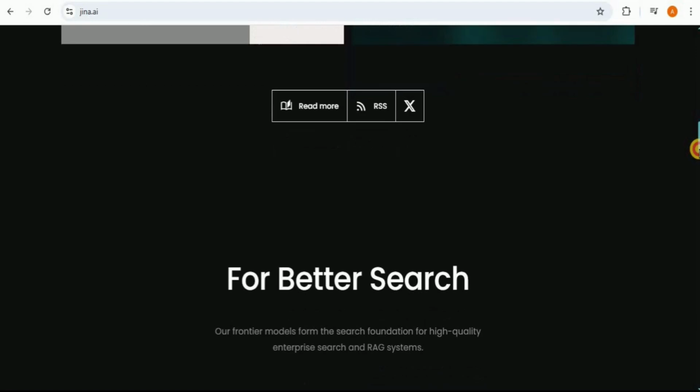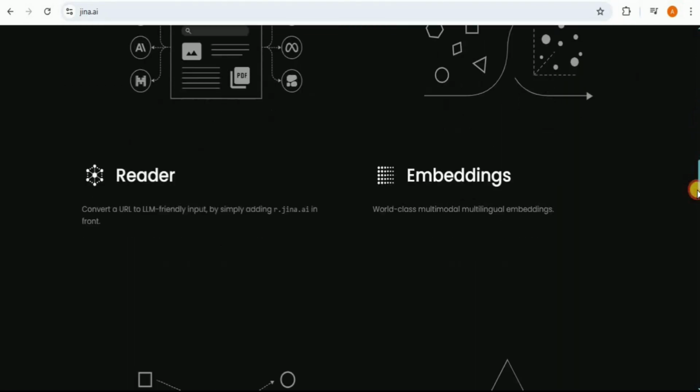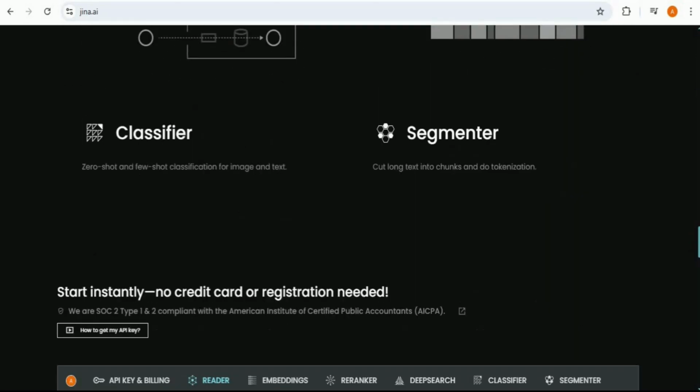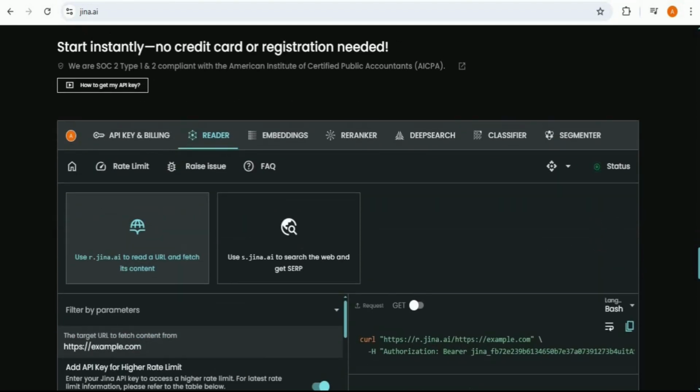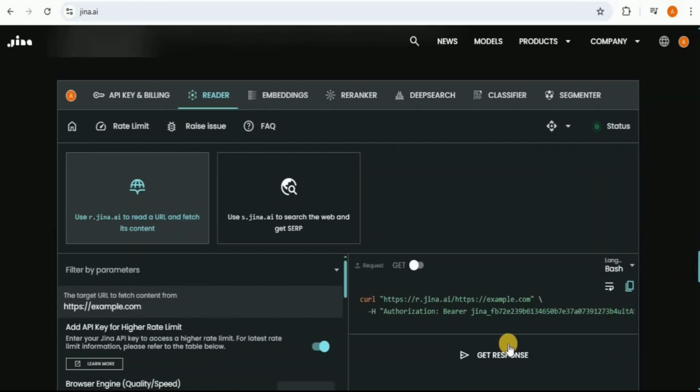And the best part is that you don't need to go inside the complexities of it. You simply have to scroll down on their website and get to a page that looks like this. All you need to do is copy this URL in order to send a GET request. Here you can see that the URL says r.jina.ai and then they have an example URL. This is the part where you want to paste the URL of the website which you want to scrape.